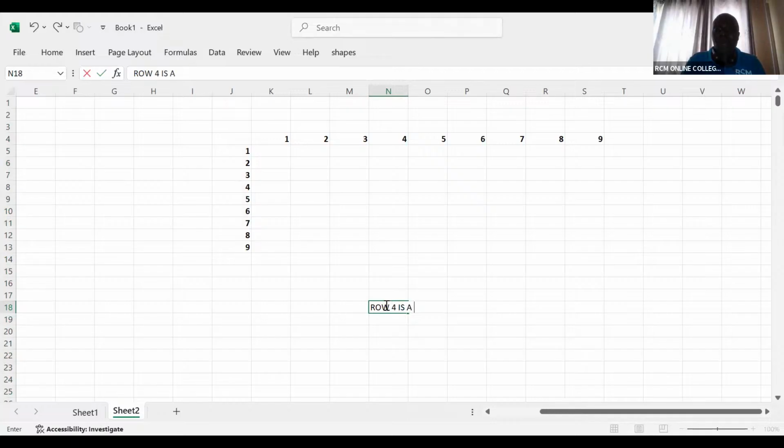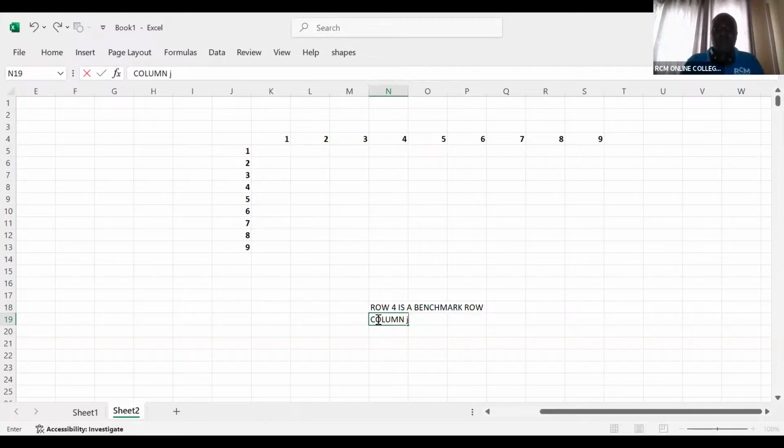is a benchmark row. So row 4 is a benchmark row, in my case. In your case, I don't know which one is the benchmark. At the same time, this column J is a benchmark. You can't compare J, K. J is the benchmark. It is the one that carries these outer numbers. So we have here row, or rather column,